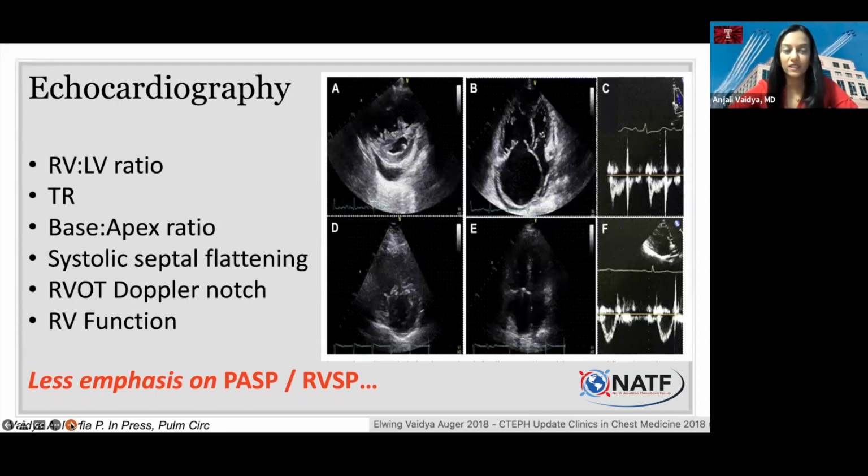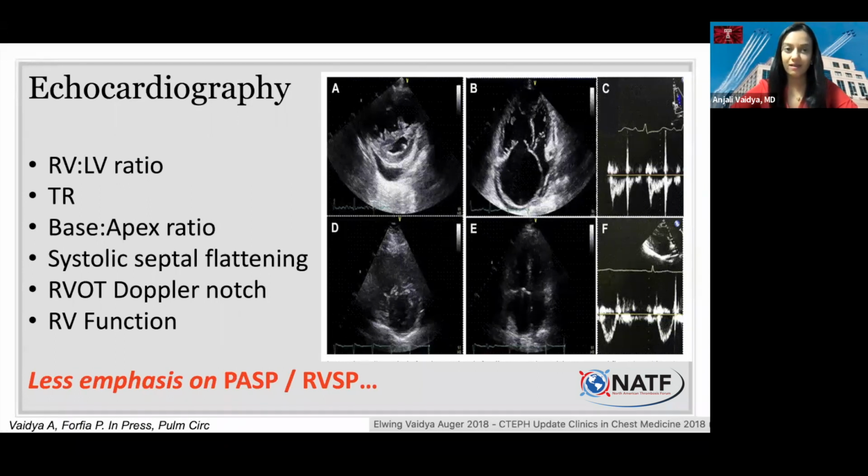And what I've included here are some examples. On the top of the slide, panels A, B, and C are really abnormal. And on the bottom, D, E, and F are normal. Just to start in the middle panel, B and E, that shows all four chambers of the heart. At the top left chamber, I don't think you can see my arrow on this slide, but thank you, that's the right ventricle. That's what we're focusing the most on.